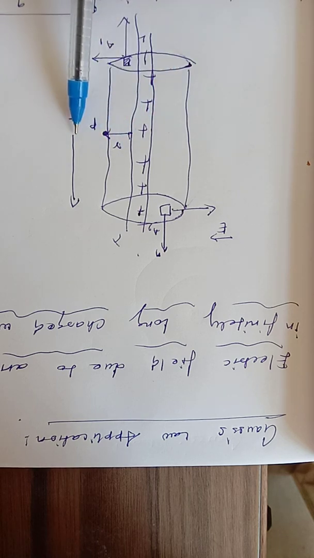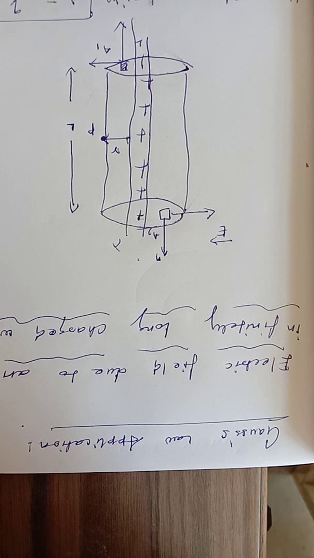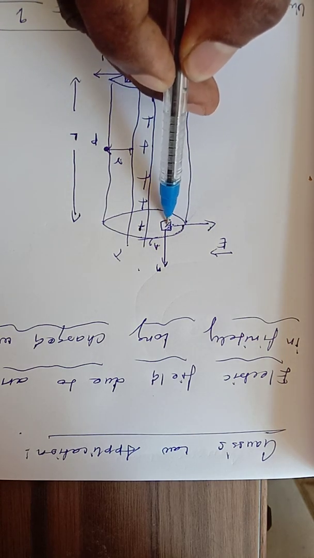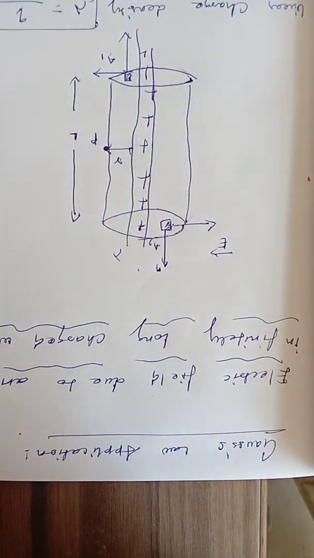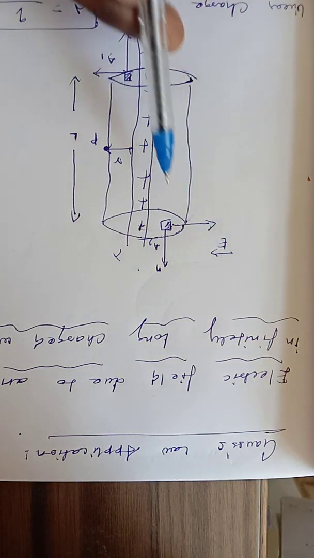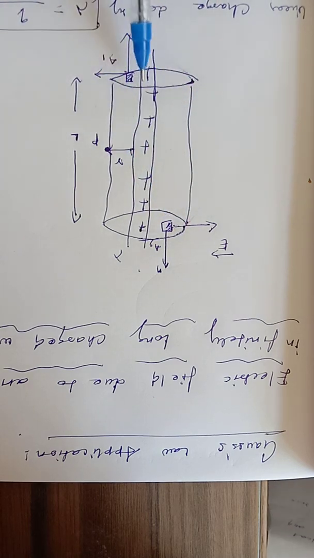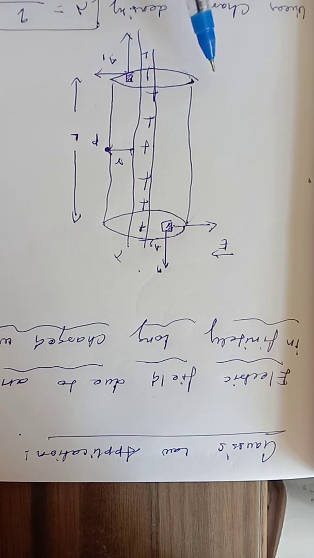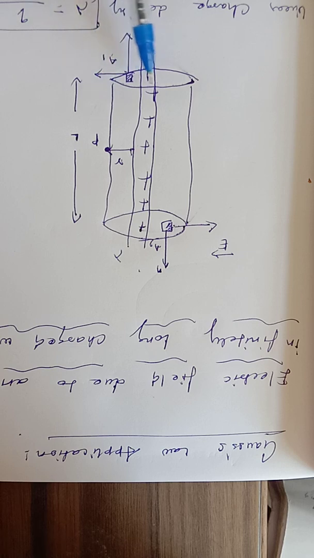Let us find the electric field at the point B using Gauss law. Consider two small surfaces, A1 and A2, which are at equal distance from the point B. The two charge elements point radially away from the charged wire. The magnitude of the electric field is the same at all points on the circle of radius r.